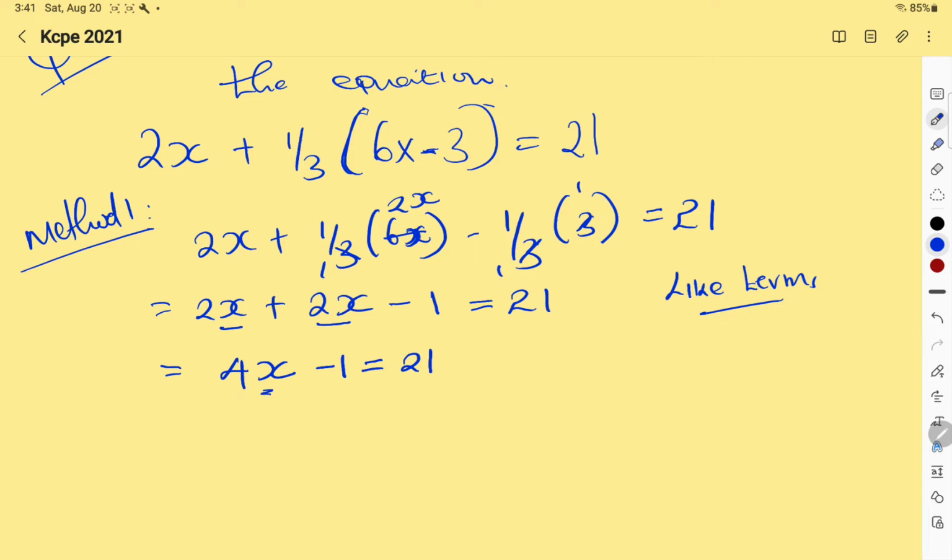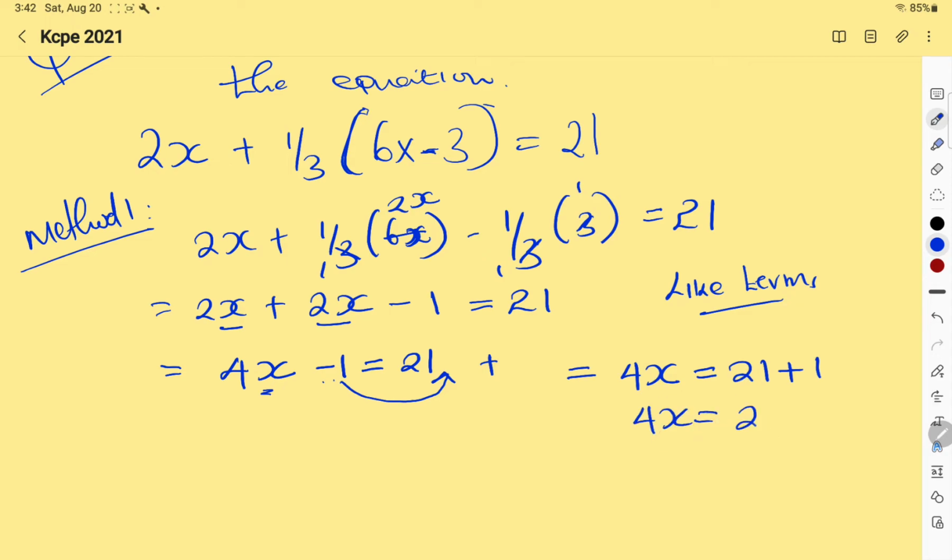So we are going to take 1 to the other side, and when it comes to the other side, the subtraction sign will change into an addition sign. So here we are going to have 4x is equal to 21 plus 1,